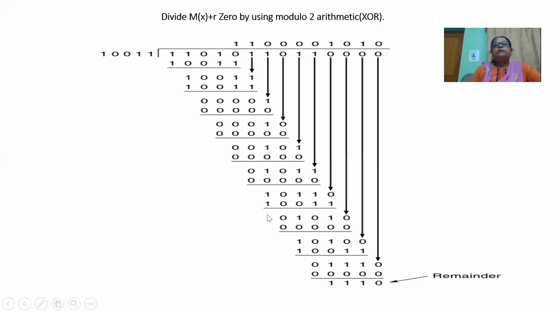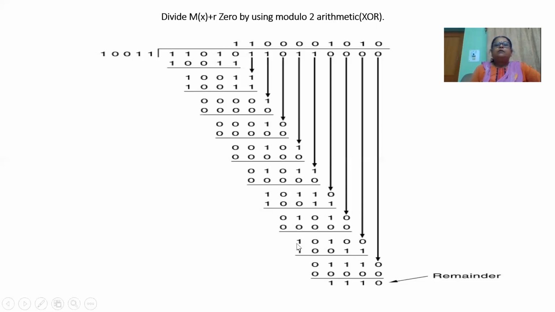Leave this. First bit, most significant bit, is 0. So we take here 0 and multiply this by 0. We get this. Both inputs are 0, output will be 0. Either input is 1, output will be 1. Both inputs are 0, output will be 0. Either input is 1, output will be 1.